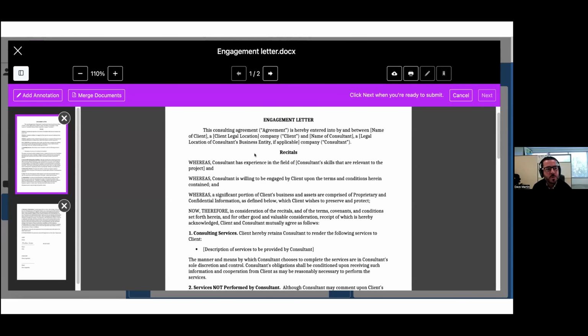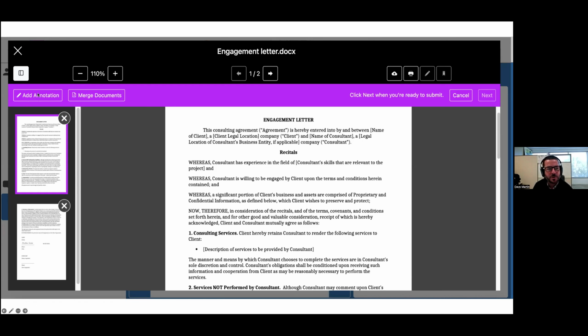So whenever you go to preview a document, you can click a little pencil icon, you can see it to the top right here, to enter the PDF editor mode. And when you do that, you see this purple screen come up, and there's a few different things you can do here. So if you wanted to, you could rearrange pages, just drag and drop. You could also add an annotation. So if you wanted to just add a little note somewhere or add your signature to a document, you can do that by clicking this Add Annotation button.